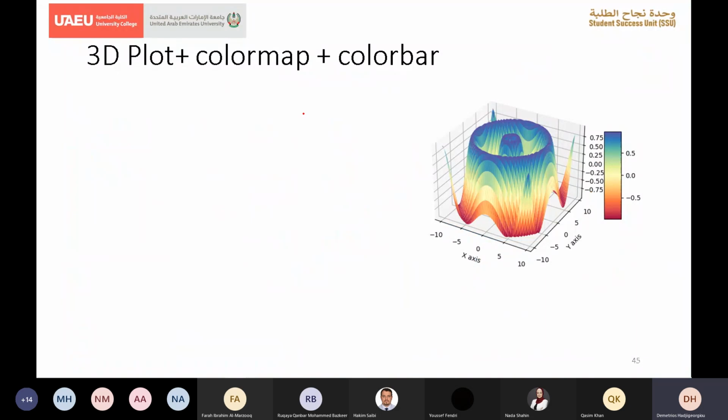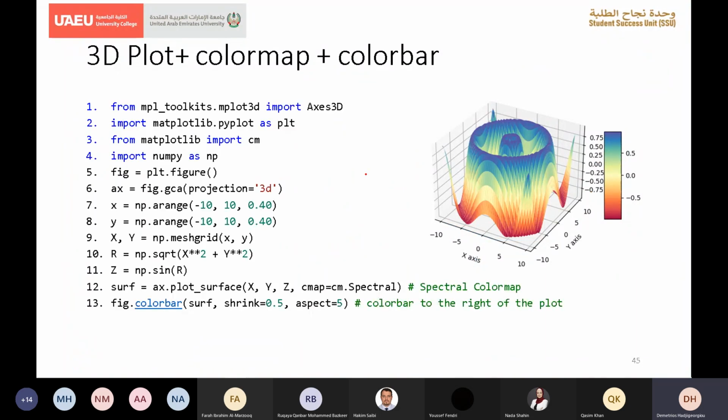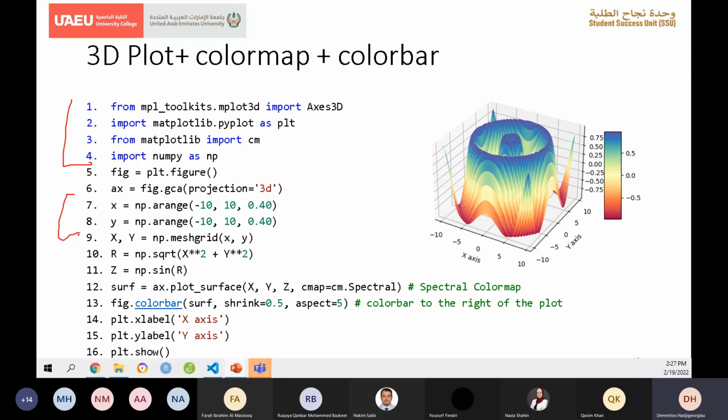You can create 3D plots, again with relatively simple code like this. Here, you're importing the appropriate libraries, generating your data here, creating